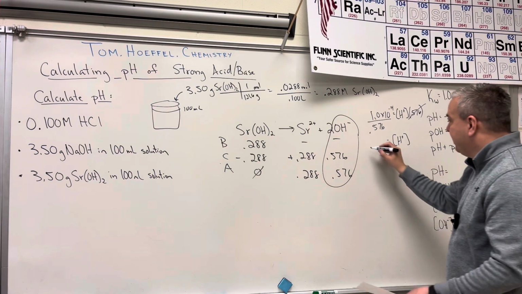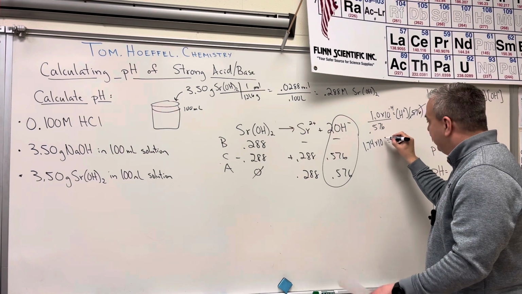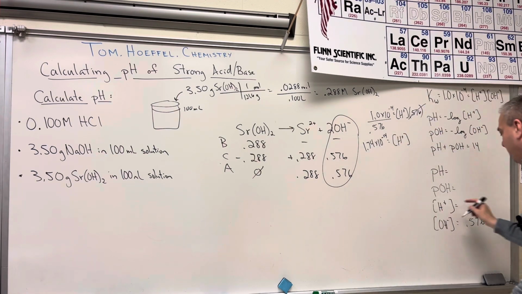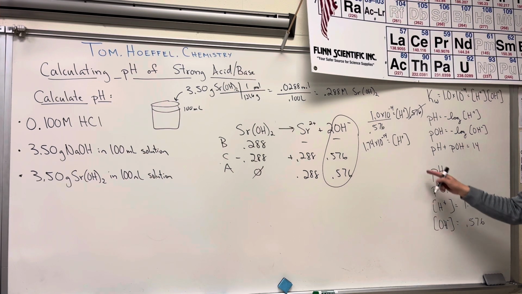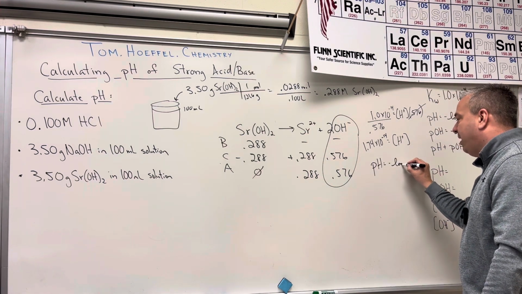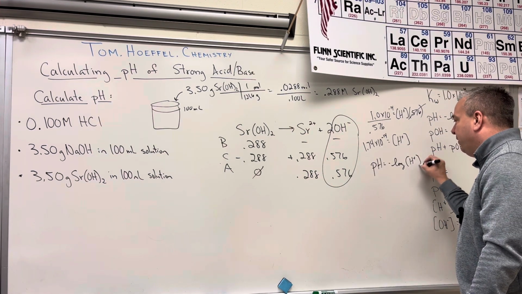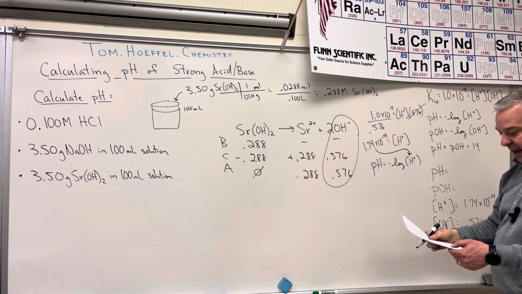The concentration of protons ends up being 1.74 times 10 to the negative 14. So if I have that value, I can use that to calculate the pH. Remember, pH is the negative log of the concentration of protons. So I'm going to take that value and plug it in right here,